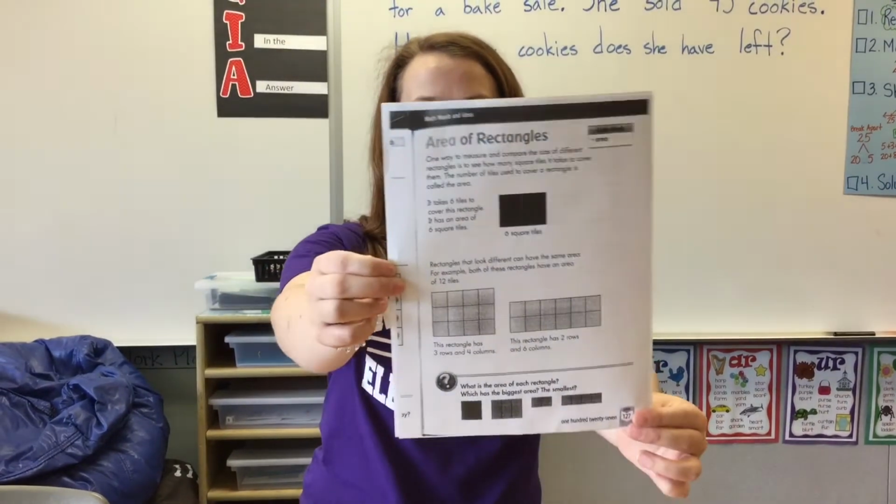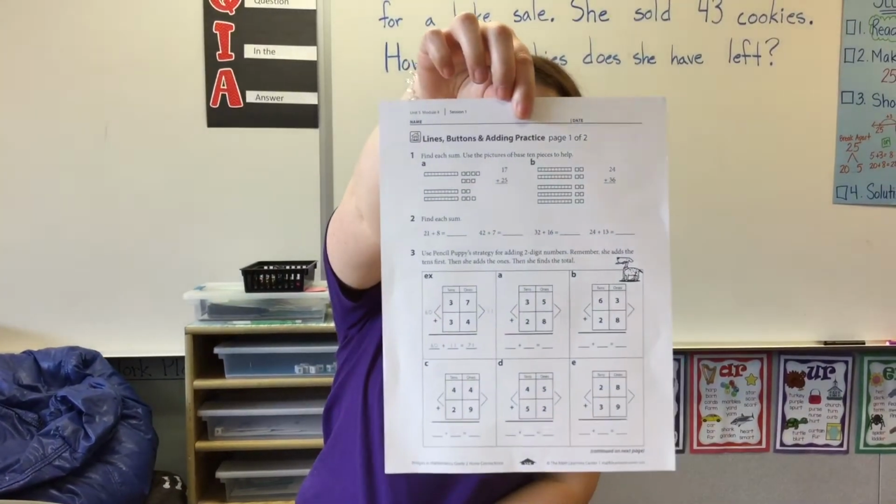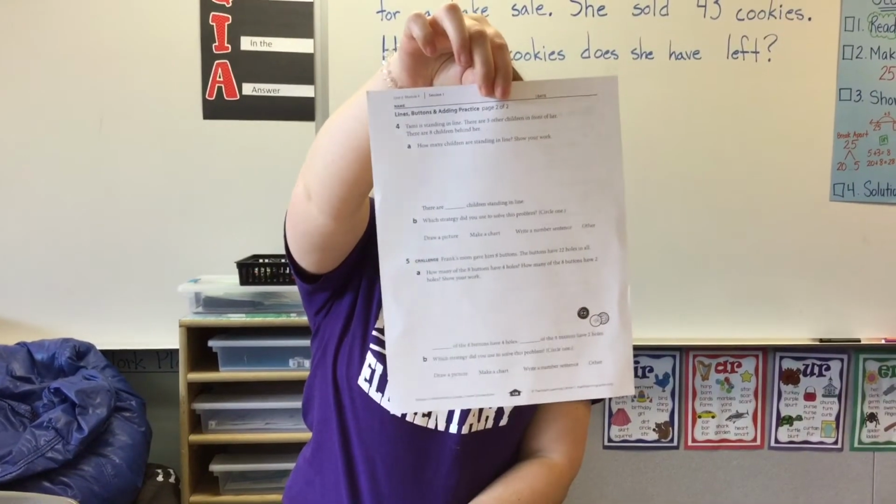Second graders, this is Miss Englehart, and I'm going to talk you through our math packet pages for this week. Your first one is finding the area of rectangles, and you are going to use a little bag of cutout squares for this. Our second page is called Lines, Buttons, and Adding Practice. And on the back of this, there are 2 word problems that might use a similar method to our video